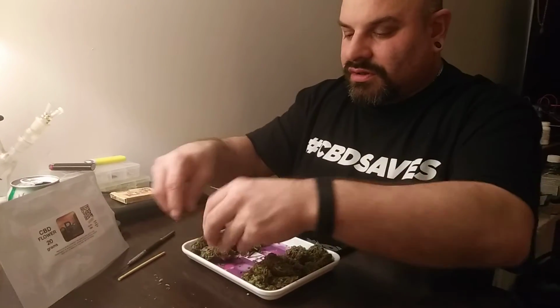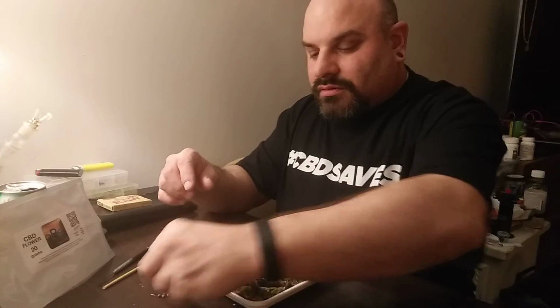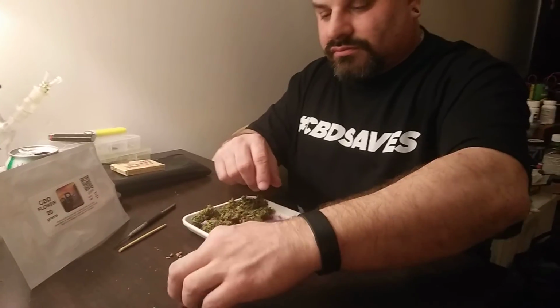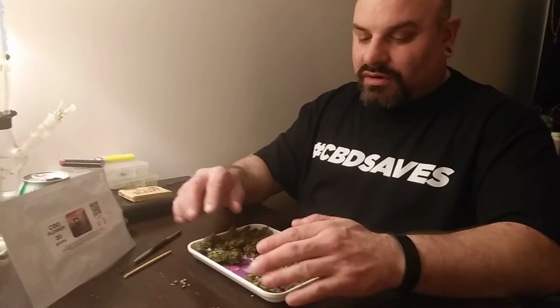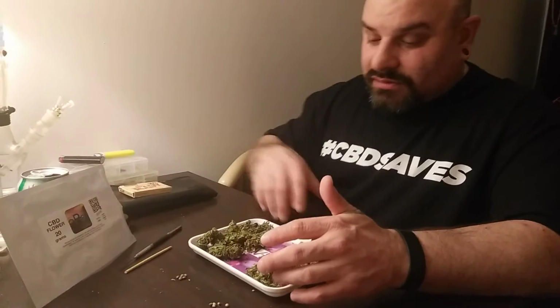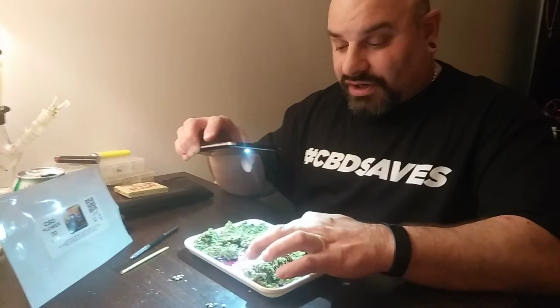So maybe that's why they picked 20 grams. Maybe this is 10 grams. Man, I wish I had a scale. Maybe this is 10 grams of this kind, and this is 10 grams of this kind. I'm not fluent enough with their strains to be able to go, oh, that's a berry wine, and that's a blah, blah, blah. I can't do that. But I can at least decipher that these are seriously two different types of flower here,